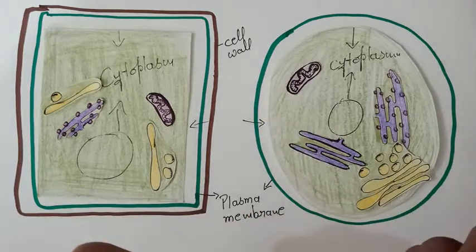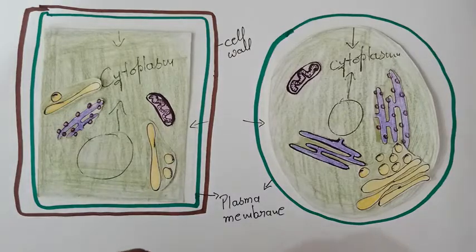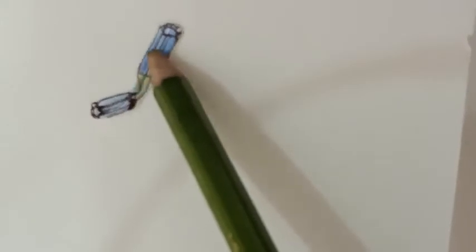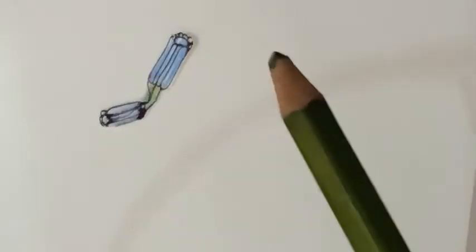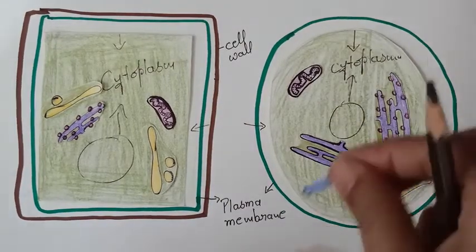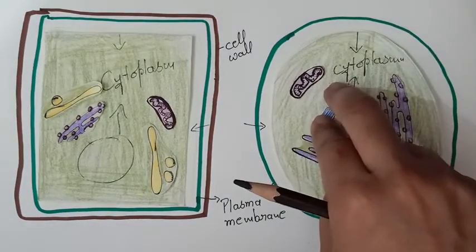Okay, now next one is centrosome. So basically student, centrosome is only present in animal cell, whereas it is absent in plant cell. Okay, and it is differentiated into a clear homogeneous mass of cytoplasm called centrosphere and one or more microtubules, centrioles. Then what is the function of this centrosome? In case of animal cell, the process of cell division starts from there only. So student, this is only present in animal cell near the nucleus.